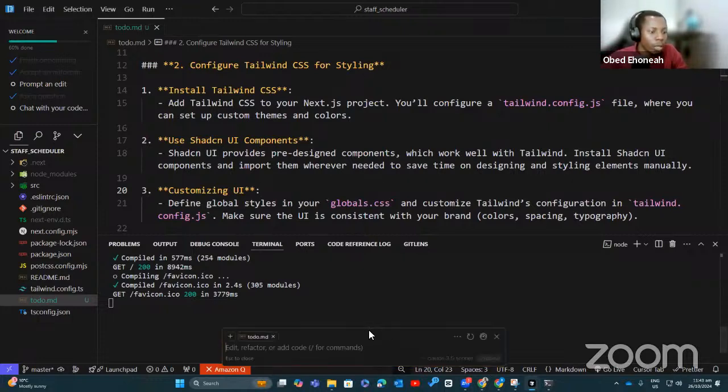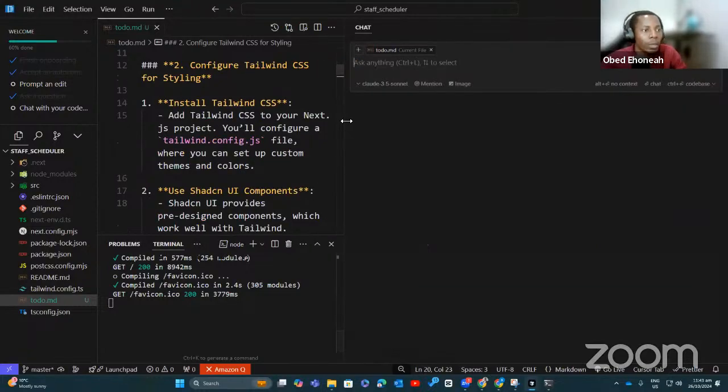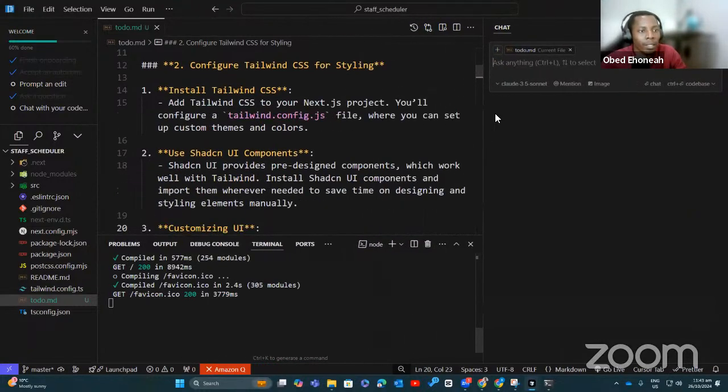Okay, I just clicked on Control I. Control I will open the specific file that you want. I think there's also Control L that will open the chat on the side. Just as we were chatting with ChatGPT, we could actually chat with the Cursor AI here.